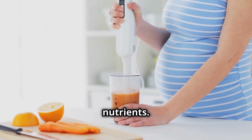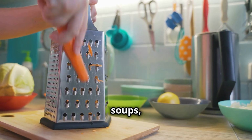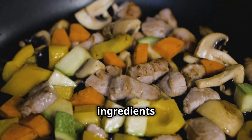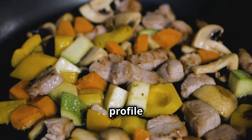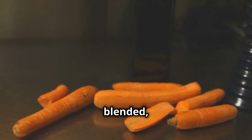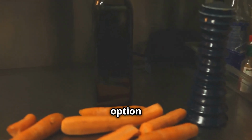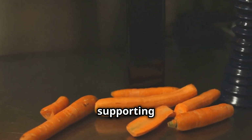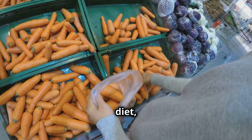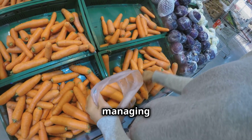essential nutrients. For those who enjoy cooking, consider adding grated carrots to soups, stews, or stir-fries, where they can blend seamlessly with other ingredients while boosting the nutritional profile of your meals. Whether you choose to eat them raw, cooked, or blended, carrots offer a versatile and nutritious option that can enhance your meals while supporting your health. By making carrots a regular part of your diet, you can enjoy their numerous health benefits while effectively managing your